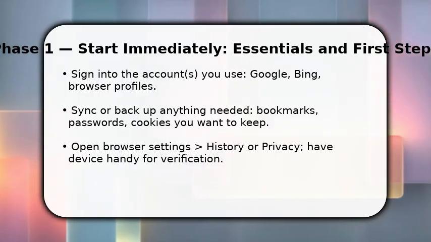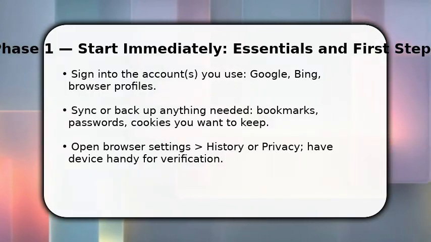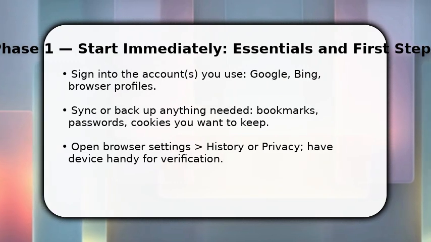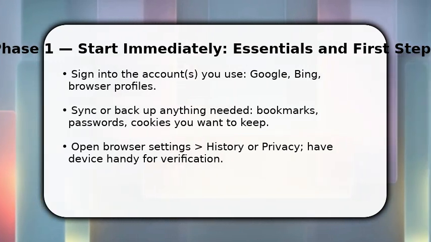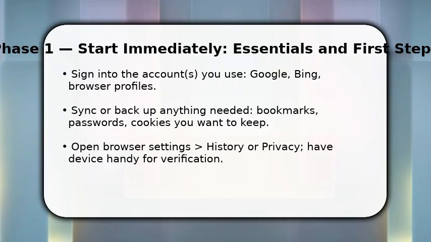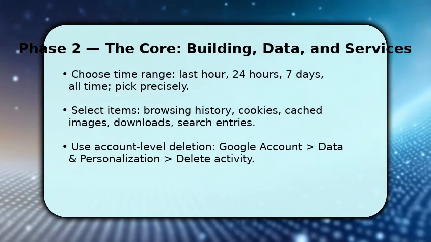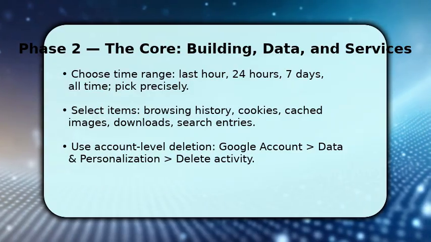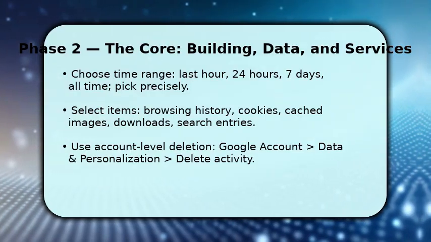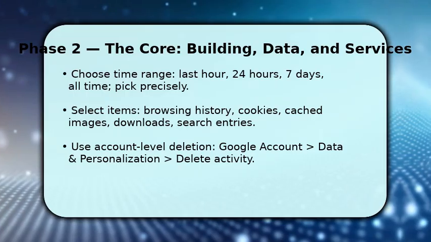Finally, locate the time range options so you can choose what to delete. This sets the scope of the action. Once the scope is set, select the exact items to remove: browsing history, search entries, cookies, cache, and downloads if needed. For account link searches, go into the account's activity controls and choose Delete Activity by, pick a range or